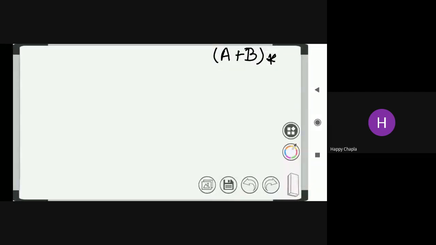Sorry for the inconvenience. Okay, this is C, sorry, multiply C. So first and foremost thing, you need to add one opening bracket and one closing bracket into your question.